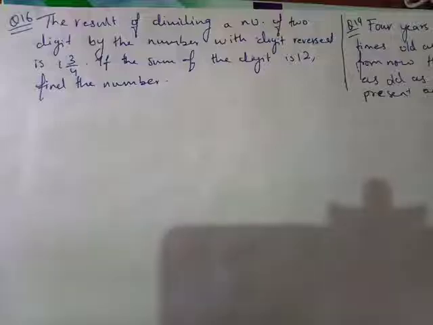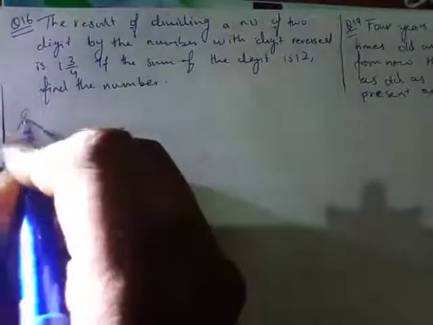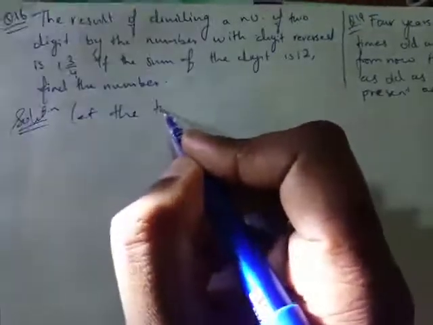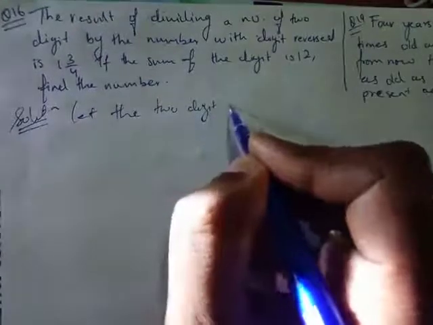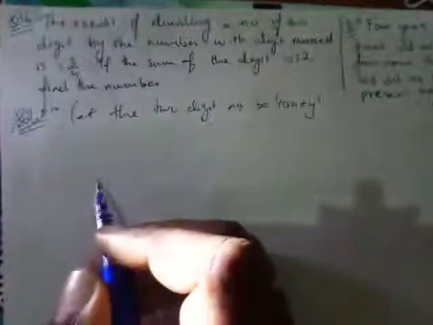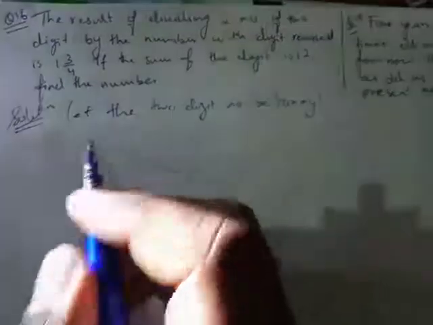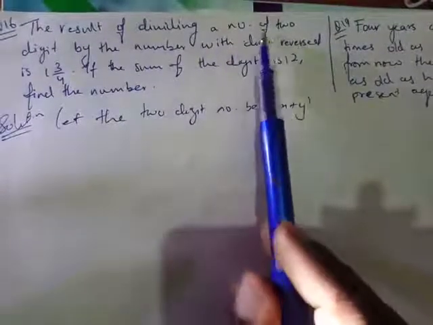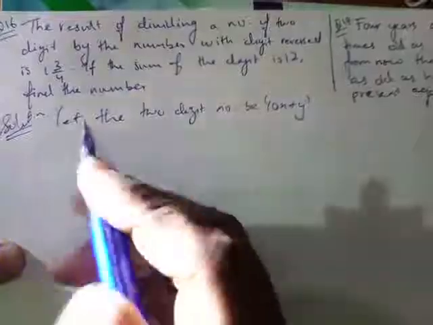The result of dividing a number of 2 digits. I don't know what the number of 2 digits is, so I'll say solution: let the 2 digit number be 10x plus y. This is the 2 digit number, and then I'm going to read the question again. It says the result of dividing a number, so dividing this number,